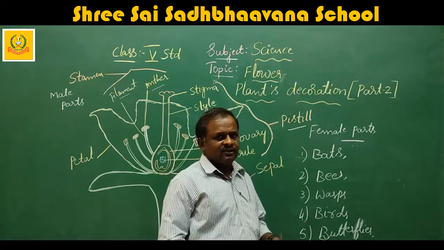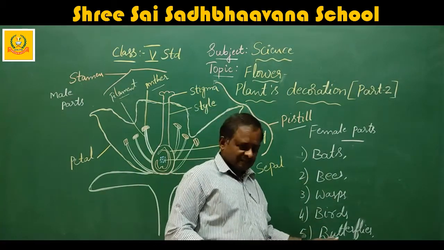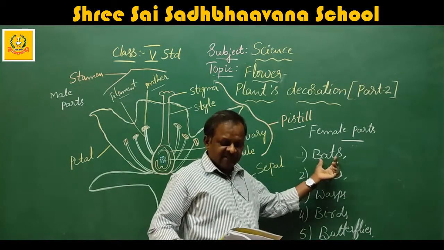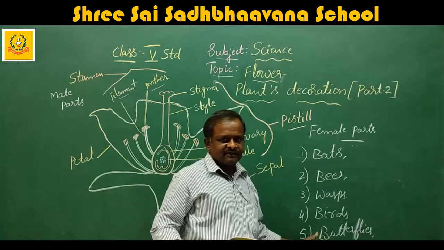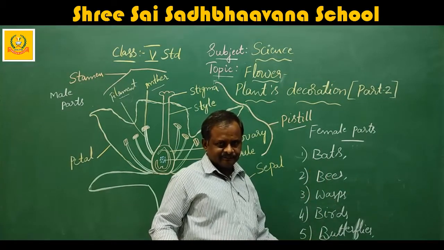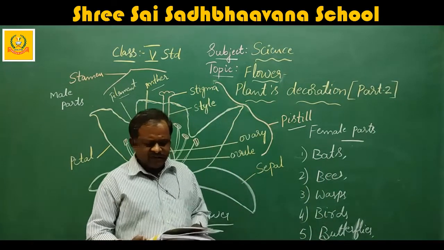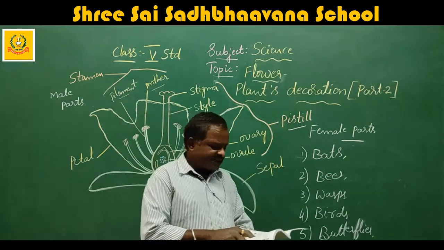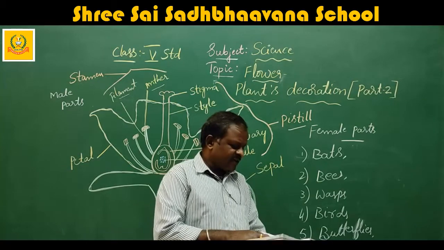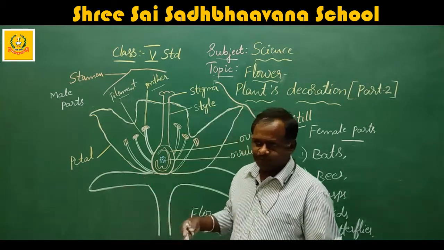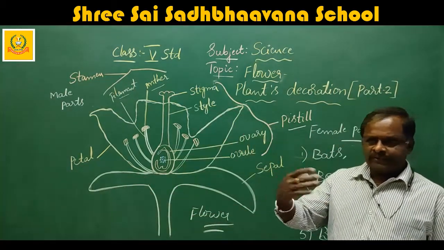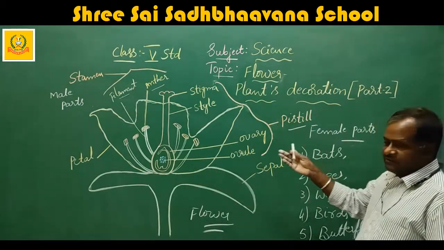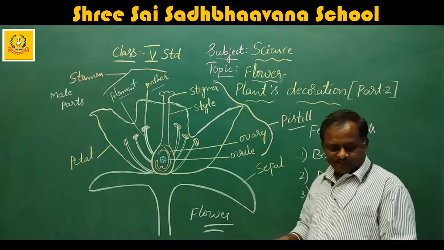When you go through the lesson, more will come. Okay, first we will go for bats. These are the names of some pollinators. Pollinators help in the reproduction of most flowers. Reproduction means to produce themselves once again. So these pollinators help in that process, that is reproduction.